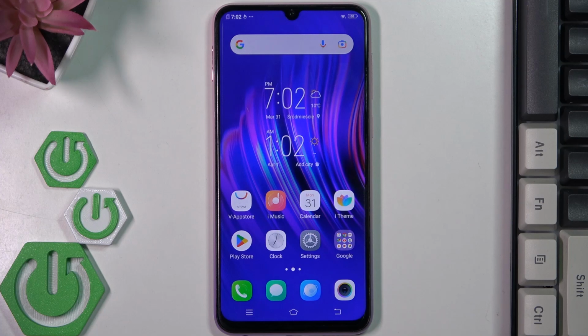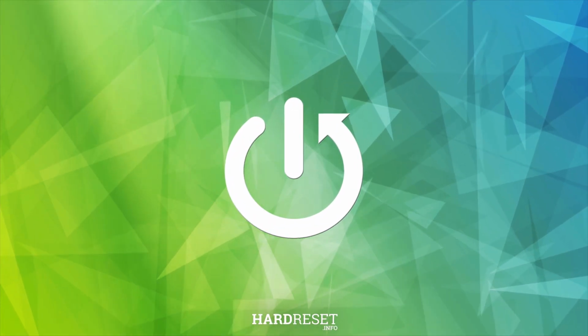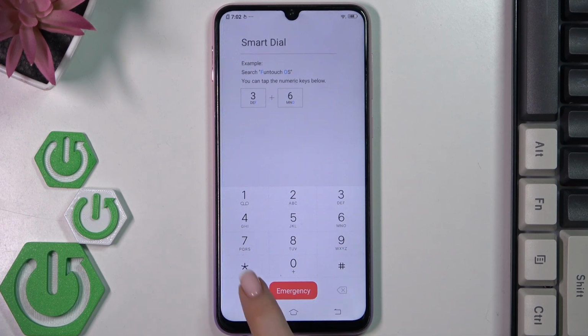Hi everyone, in front of me I've got a VIVO Y97 and let me share with you how to use secret codes on this device. So let's start with opening the dialer and let's enter the first code, which is